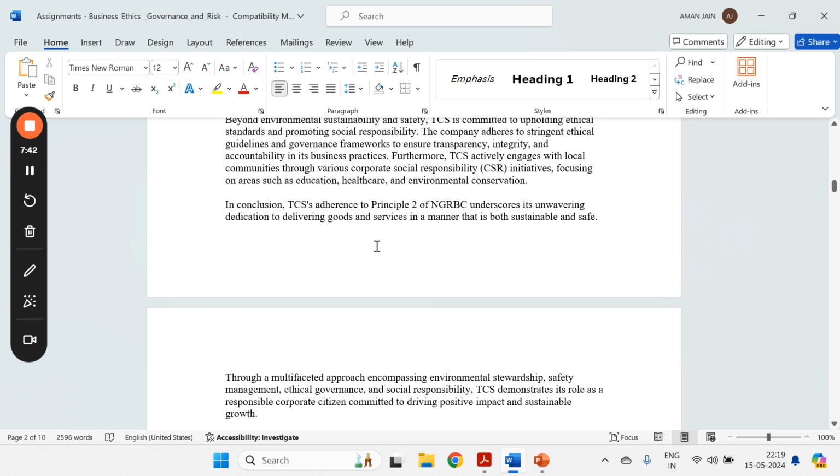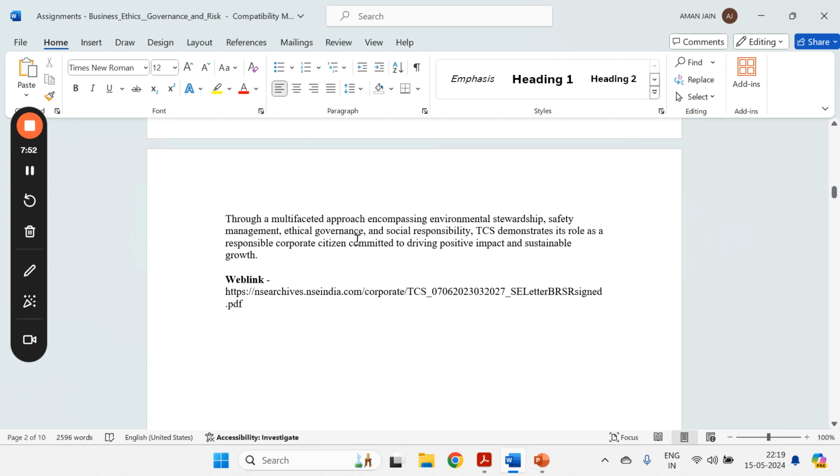I have split it into different blocks, so that it won't look blurred and stays readable. The content should be something a person can read easily, right? So I have put it in different paragraphs. And last but not least, very important, the web link from where I got this particular BRSR PDF file, right? Make sure you highlight the web link and your content is in line with it. It is very important, because it is clearly being asked. You need to specify the web link. So this is all we need to refer to in question number 1.